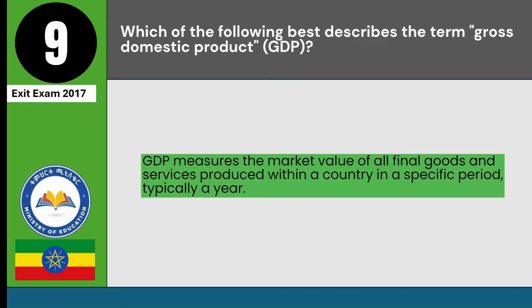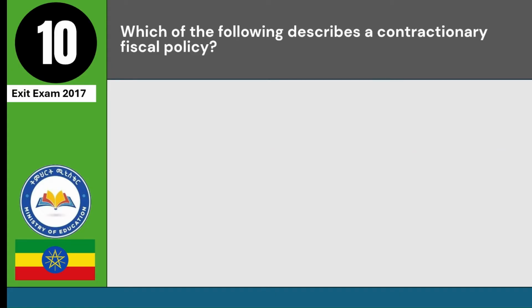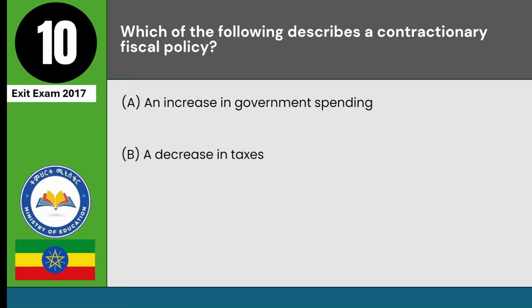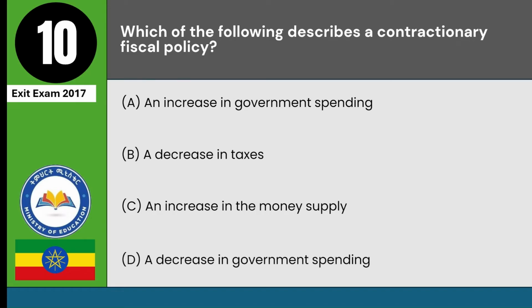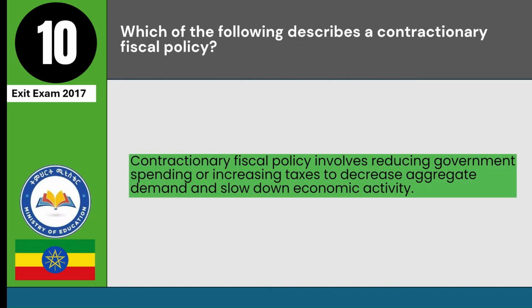period, typically a year. Which of the following describes a contractionary fiscal policy? A. An increase in government spending. B. A decrease in taxes. C. An increase in the money supply. D. A decrease in government spending. Answer: D. Contractionary fiscal policy involves reducing government spending or increasing taxes to decrease aggregate demand and slow down economic